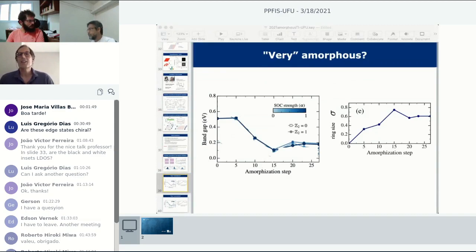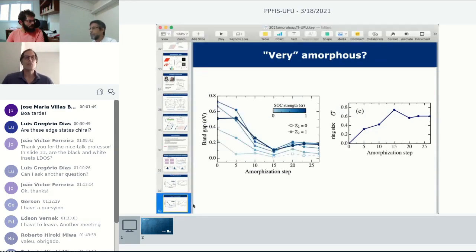Sure. Well, then we did something that in DFT is strongly forbidden, right? We played with the strength of the spin-orbit interaction. So this is a kind of a sin for DFT. DFT is a first principle, so you're not allowed to play with your system parameters. But we actually played a little bit.